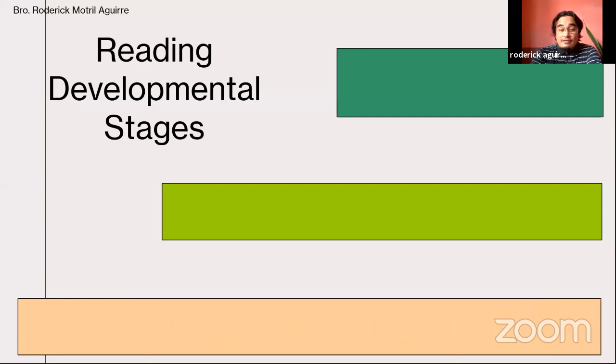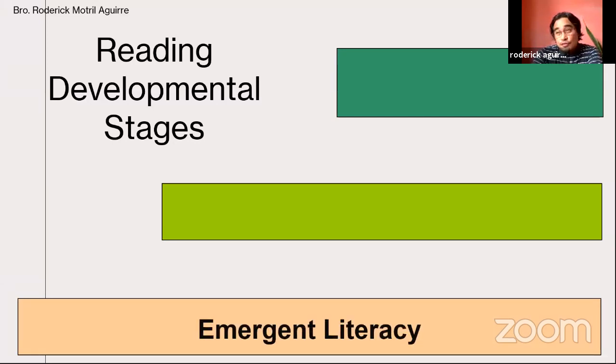We start with, of course, emergent literacy, that is from 0 to 4 or 5 years old, where our students are exposed to the environment. Therefore, the basis also of comprehension would be their background schema or their background knowledge, which they gain from their experiences from the environment. Therefore, students who have a lot of literacy activities at home in the community would have